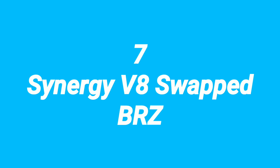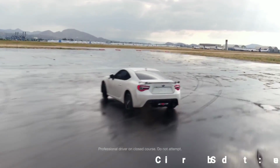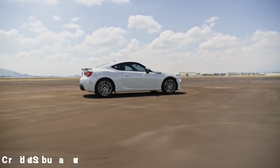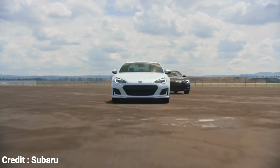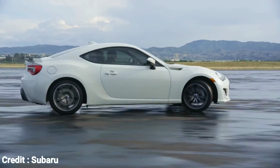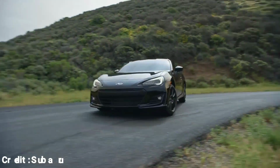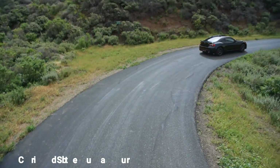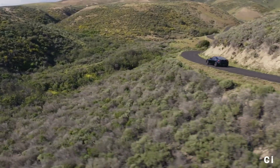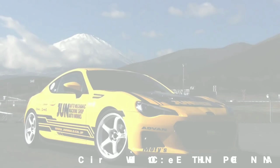Number 7. Subaru BRZ with Synergy V8. The BRZ is one of the best sports cars ever to come out of Japan. The only thing it had against it was the power. A lot of people felt that the 200 brake horsepower figure wasn't a match for its handling capabilities. So like every other great sports car that came before it, the BRZ became a great platform for tuning and engine swap projects. But unlike the other BRZ engine swaps, which use LS and Ferrari V8s, this car uses a small